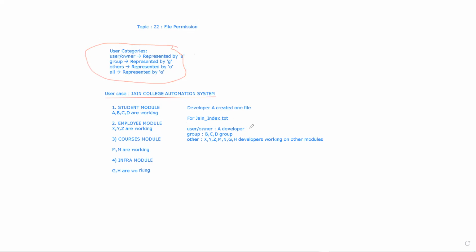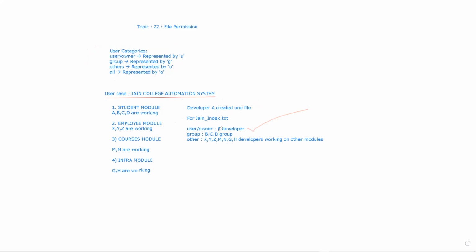How all these users fall into the different categories based on their operations. You can see developer A created one file, let's say Jain index.txt. Based on the operations, the owner is a developer.